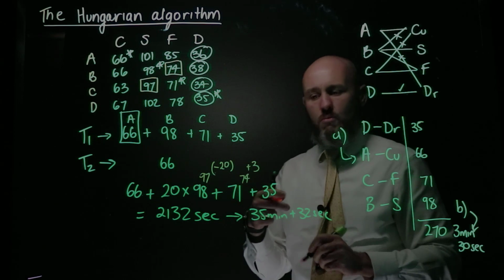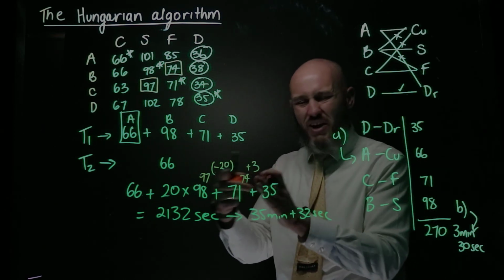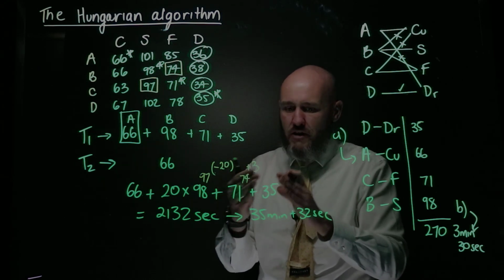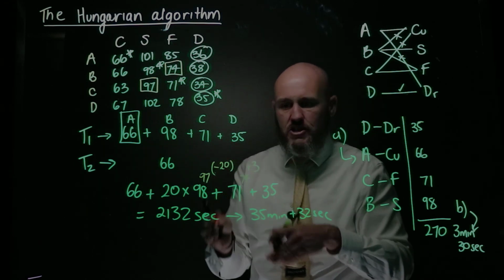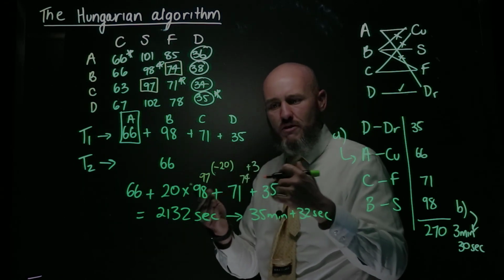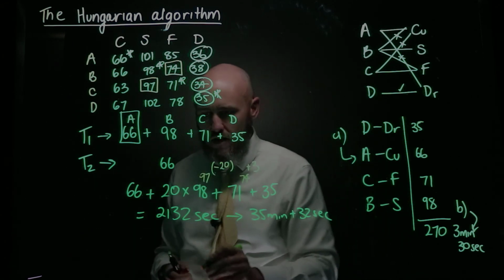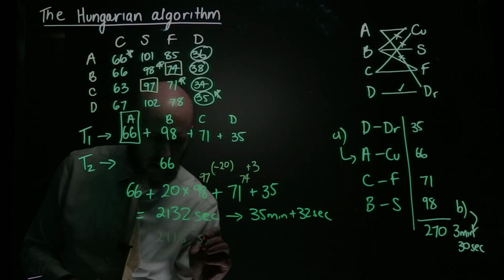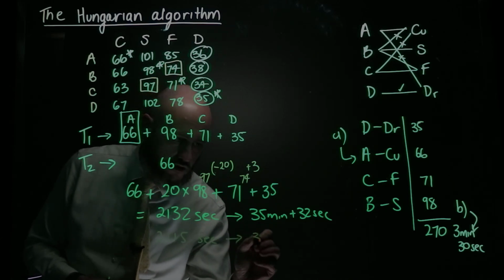But that's still overall because there's that one extra. There's still lag time for the other 19. It's only the last one where there's an extra bit of filling time. So we save 20 seconds, but gain 3 seconds, which means an overall saving of 17 seconds. So the real answer is actually 2115 seconds, which is 35 minutes